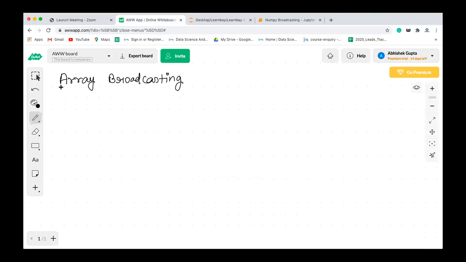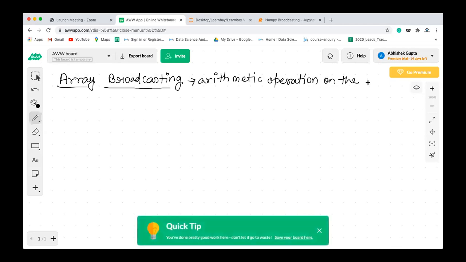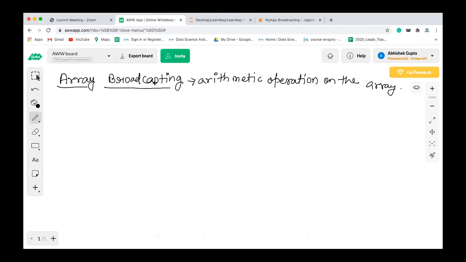Now this array broadcasting is mainly applicable for arithmetic operations on arrays. Now, why do we need array broadcasting?